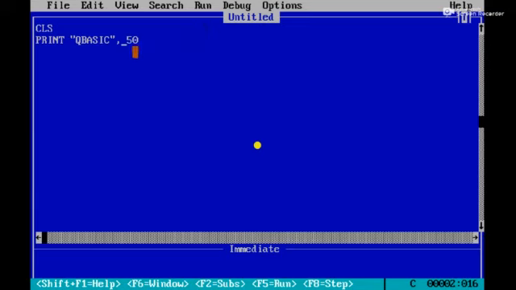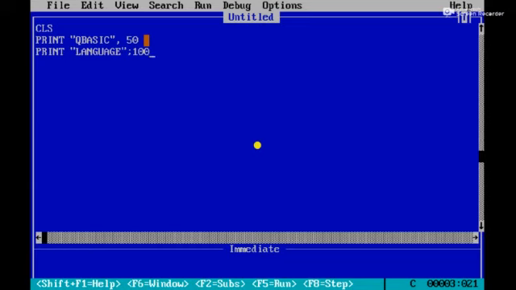Okay, I'll show you with the help of another print statement. Here I used a comma. In the next print statement, I'm going to use a semicolon. Okay, so language; 100. In the first print statement, QBasic, comma and 50 I have given.